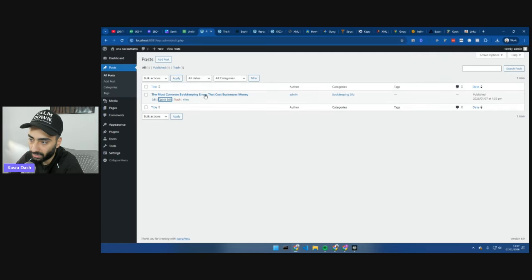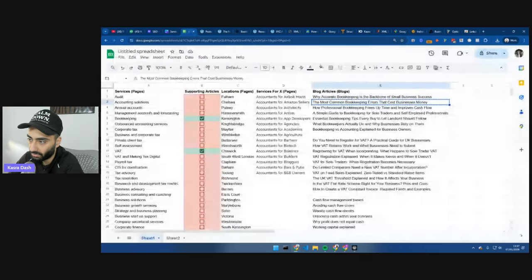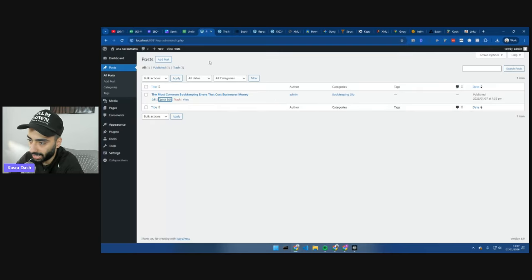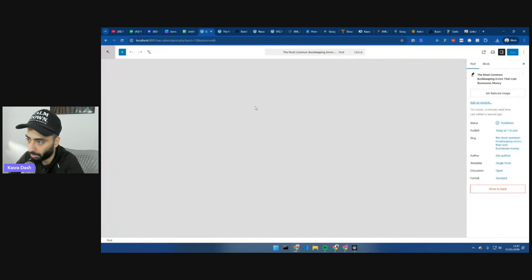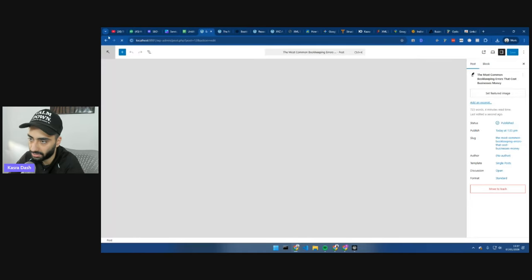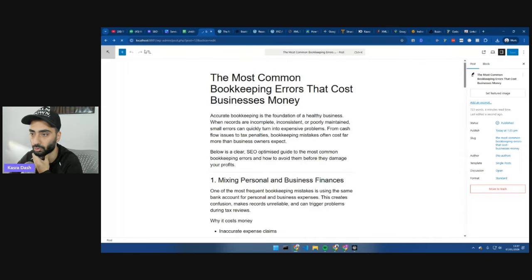Now, what we would basically want to do is do the exact same thing for all of these articles. I won't publish all of the articles, but just so you guys know, you would want to publish one by one all of these articles. There's obviously quicker ways that you can do it as well, but that's how you set up your supporting